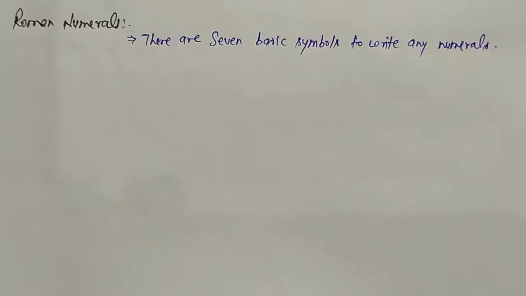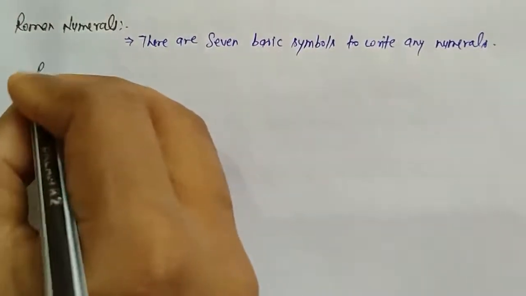Roman numerals. Roman numerals are one of the early systems of writing numerals. हम जो नंबर्स लिखते हैं उसका यह अर्ली सिस्टम है। इस सिस्टम में हमारे पास टोटल 7 टाइप्स के सिंबल होते हैं जिनका यूज हम न्यूमरल्स को लिखने में करते हैं।